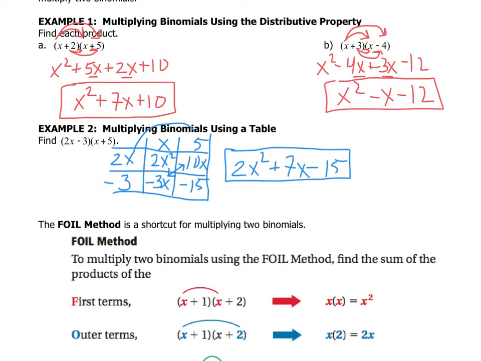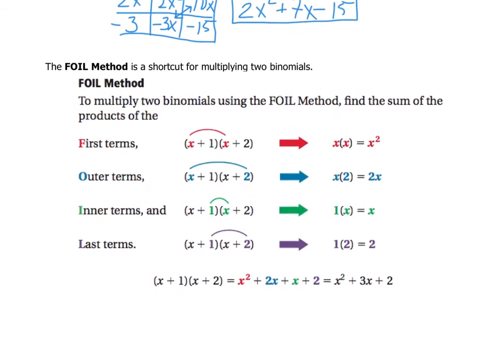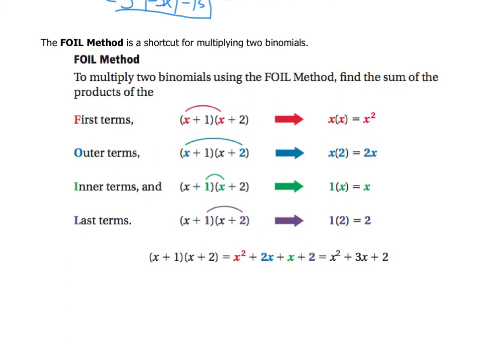So then we use this thing called FOIL. It's a shortcut. It's really very similar to the distributive property, but what we're doing here is, if you see the example played out, you see FOIL stands for first terms. So I would multiply the first terms, the outer terms. So instead of going x,